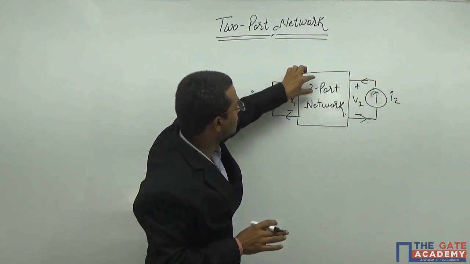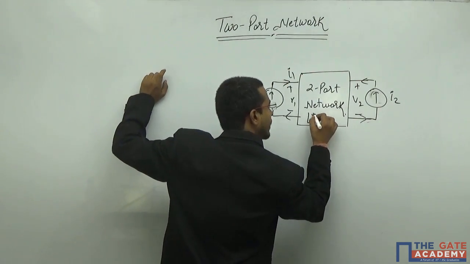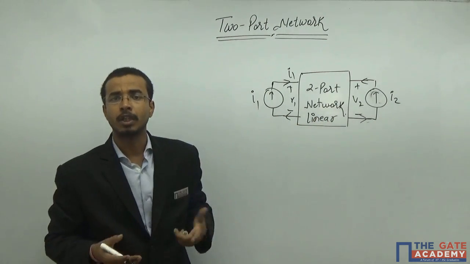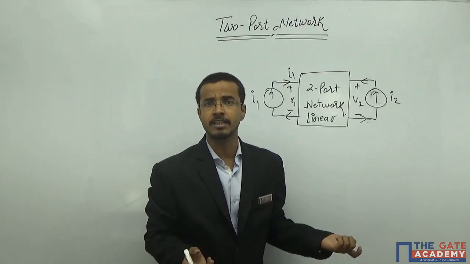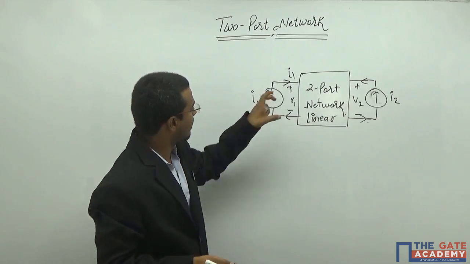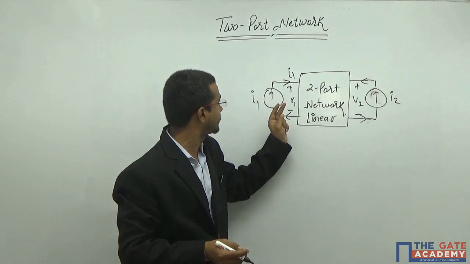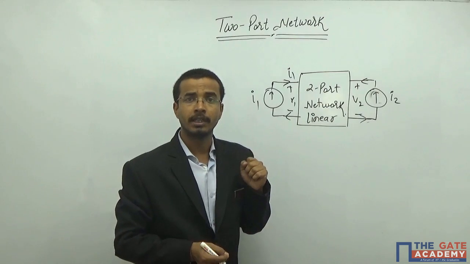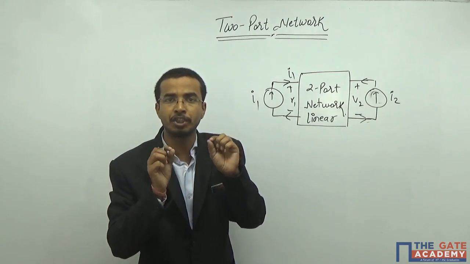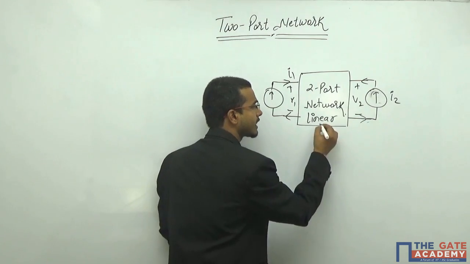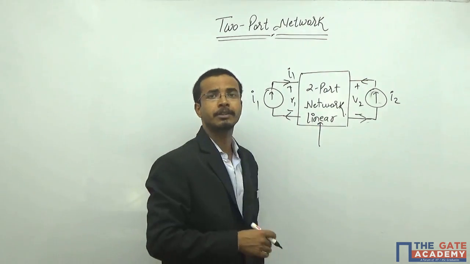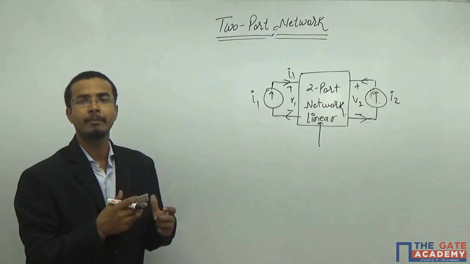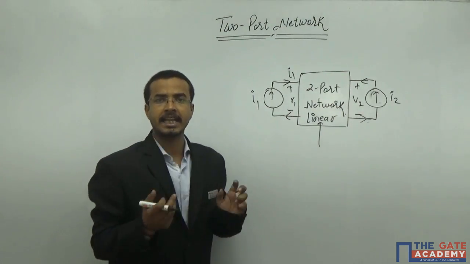As I know, it is a two-port network, it definitely has to be linear. And if it is linear, that means it will follow the rules of homogeneity as well as additivity. That means I will calculate the response V1 and V2 as a function of I1 and I2. Firstly, I will apply the superposition principle in this network. As it is a linear circuit, it will allow the superposition principle here. And superposition is nothing but the combination of homogeneity and additivity.